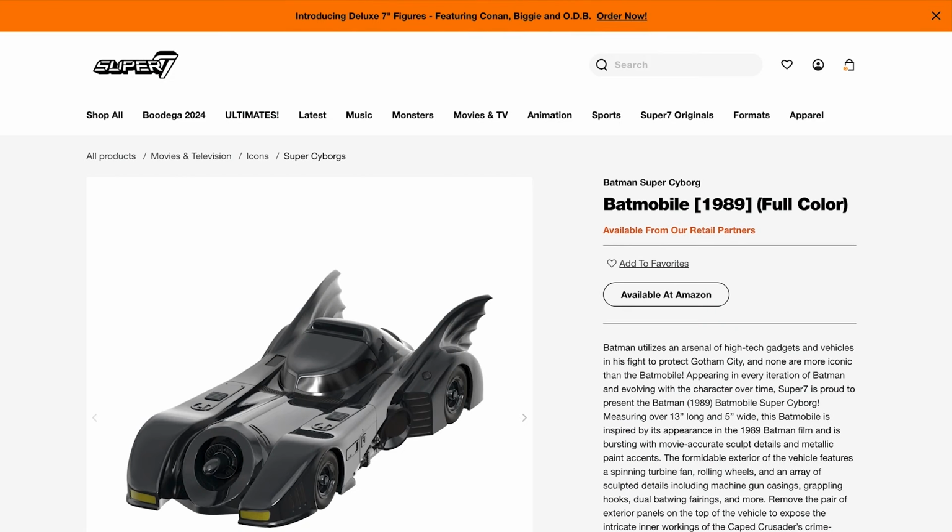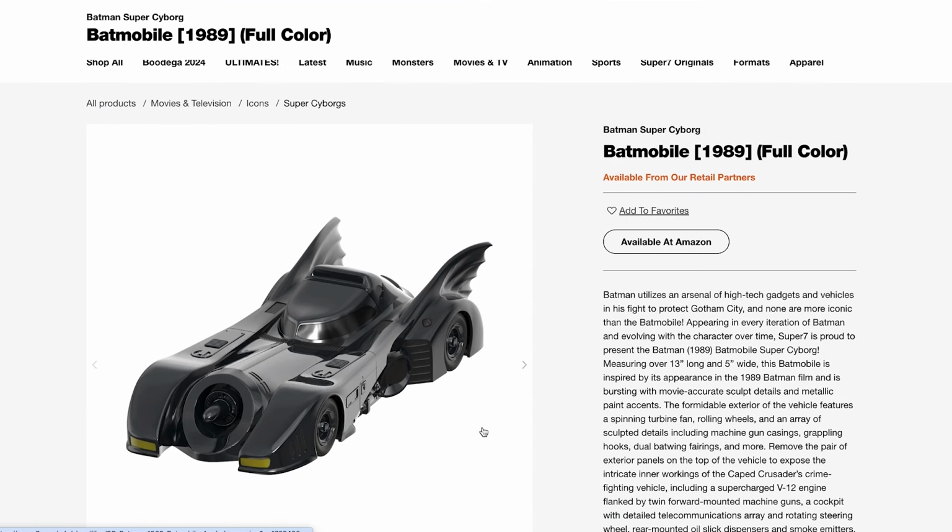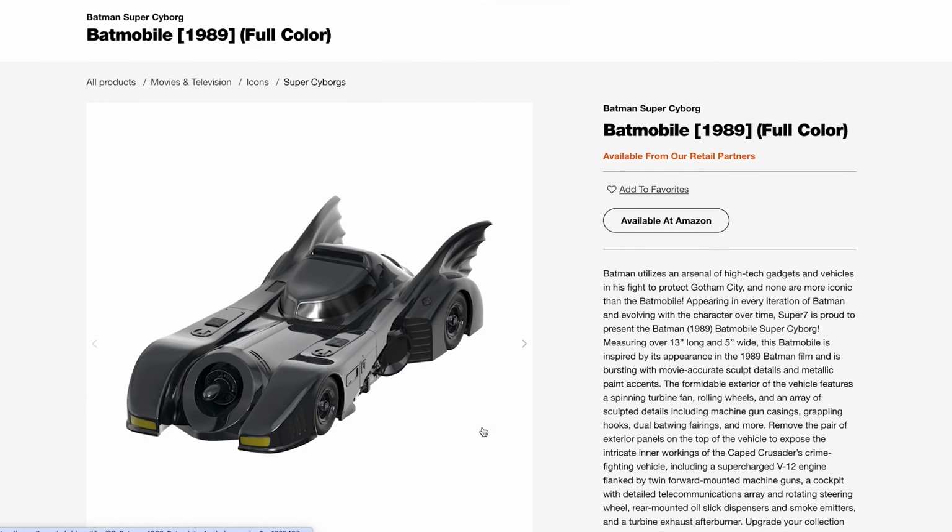Heading over to Super 7, Super Cyborg Batman 1989 full color. I wonder why that designation is there. Full color Batmobile. That's interesting to say, considering that when you really look around at the vehicle, there's not much color there, to be perfectly honest with you. But anyway, I digress. Let's take a closer look at this and see exactly what this version of the Batmobile